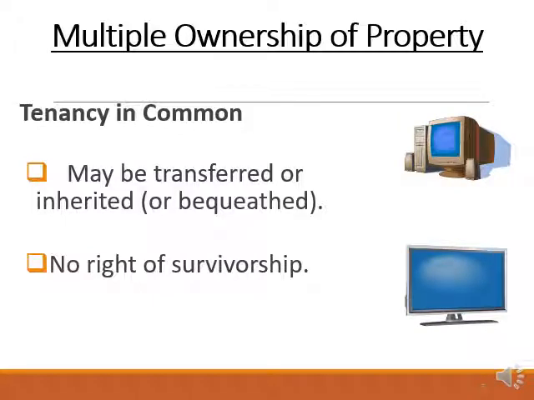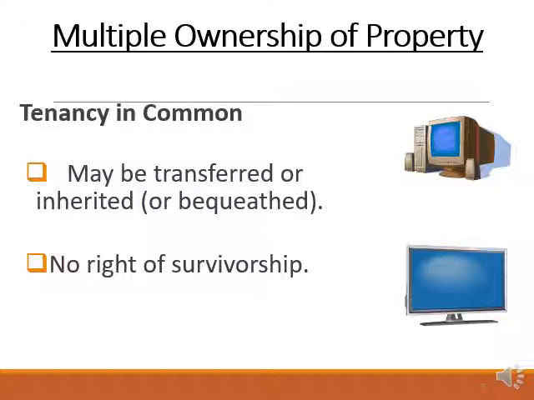There is also multiple ownership of property. So multiple owners. If I was to own property by myself, that's what's called a fee simple. But it's possible that more than one party can own personal property and also real property. So you could have property that is given to, like a boat, to three individuals. And if it's given as a tenancy in common, then with three individuals, that property would be owned by each of the three individuals. They'd each have a 1/3 interest. If it was given to two individuals, they would each have a 1/2 interest.